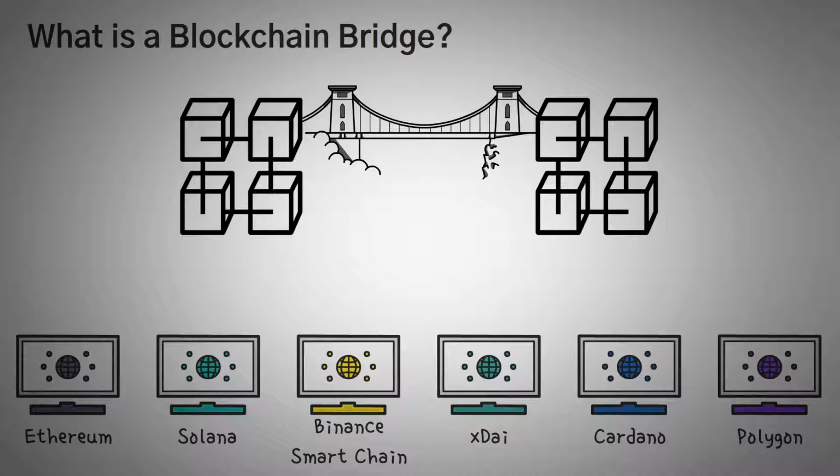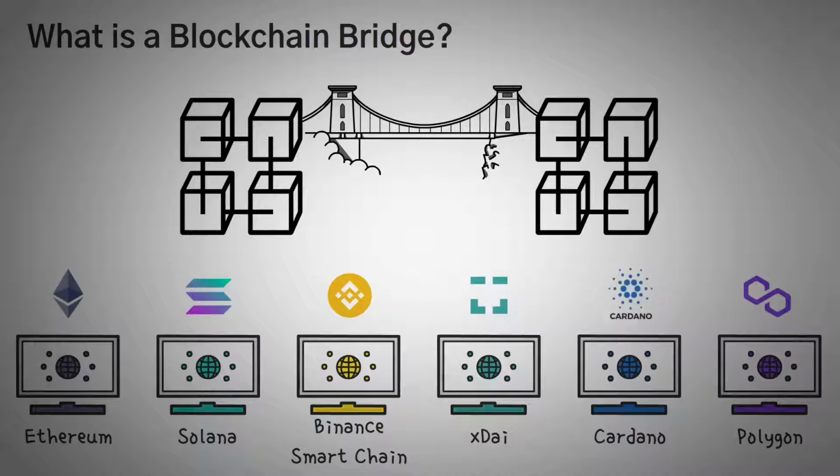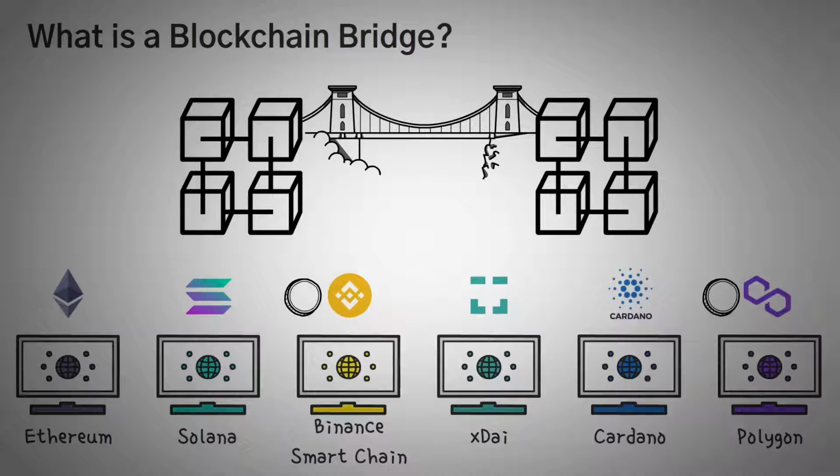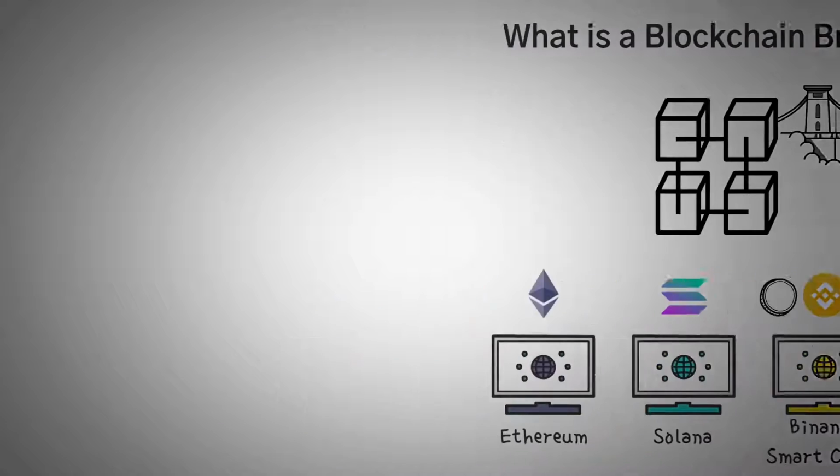Now the Ethereum network is obviously built using Ethereum as the main coin, and so on for all these other networks. However, you can have an Ethereum token on Binance Smart Chain. You can have Ethereum on the Polygon network. These coins are represented as tokens on the other coin networks. They use specific mechanisms so that the price trades the same. So now you know that each coin has its own network, and that each coin can be represented on another coin's network. You can hopefully understand the reason for a blockchain bridge.